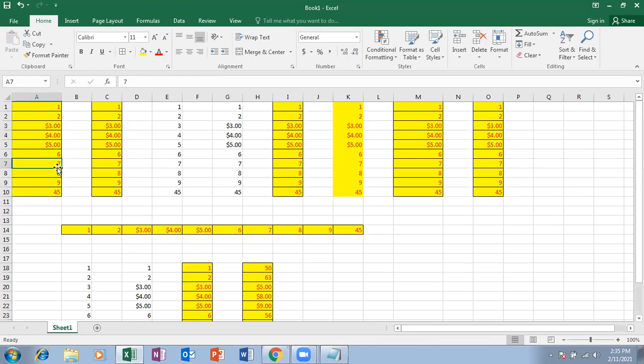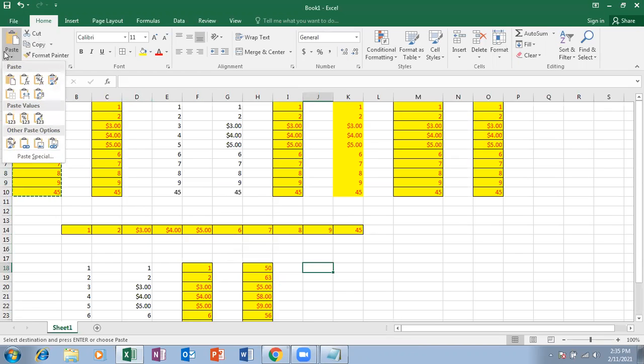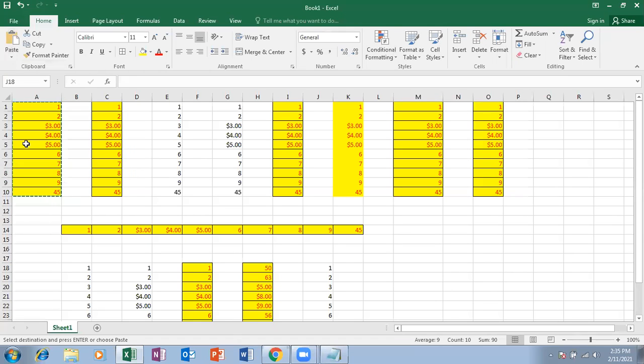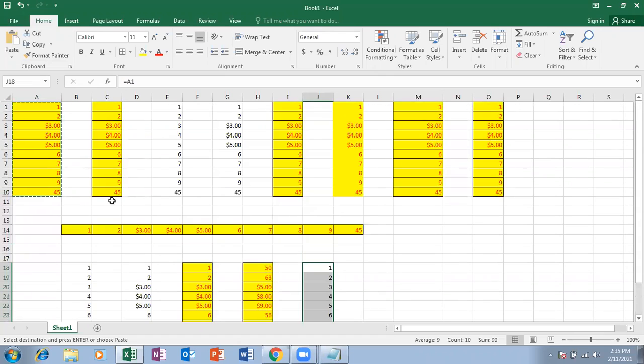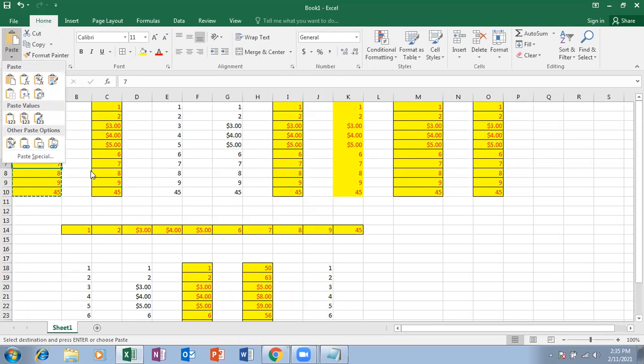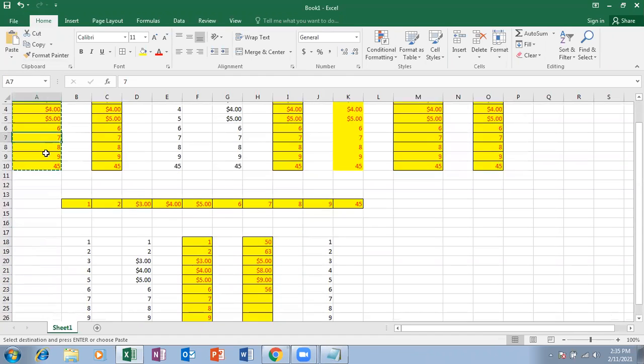And then again, I copy the content and I'm going to paste it as what? Link. Paste link. Link has been pasted here. So what does that link mean? Whatever changes I make in the source data, right?